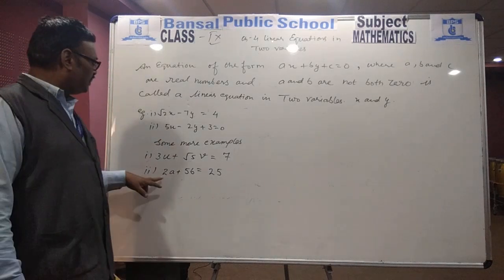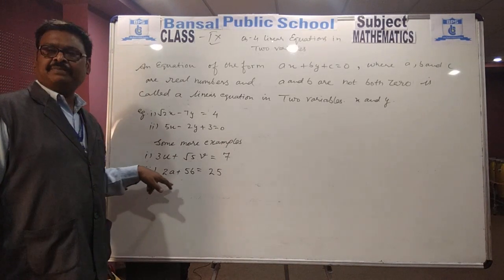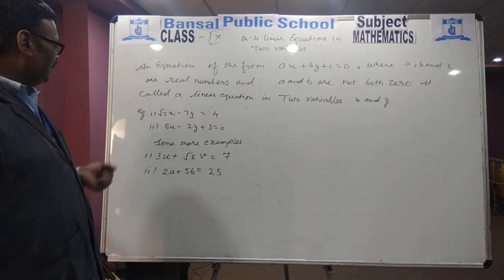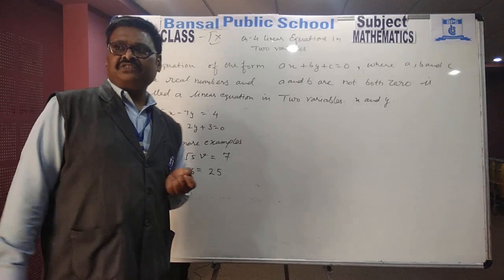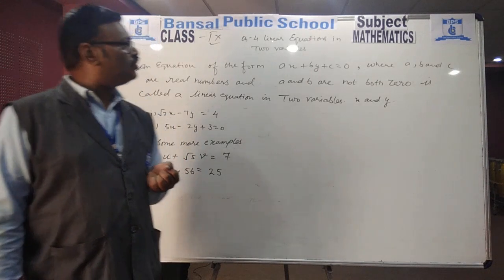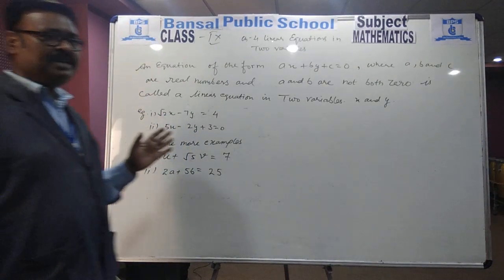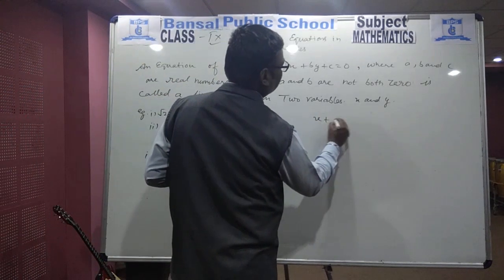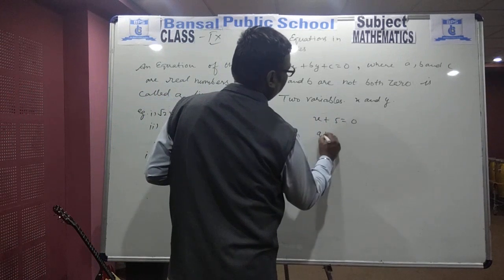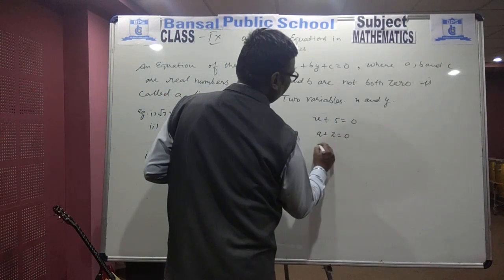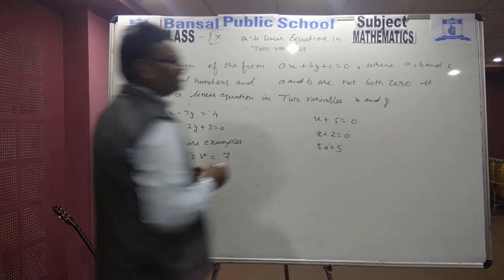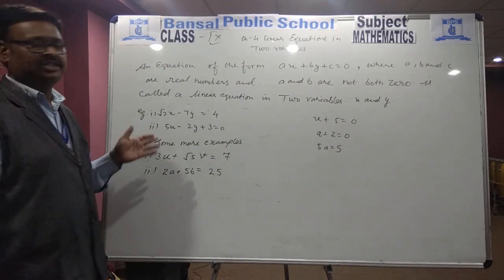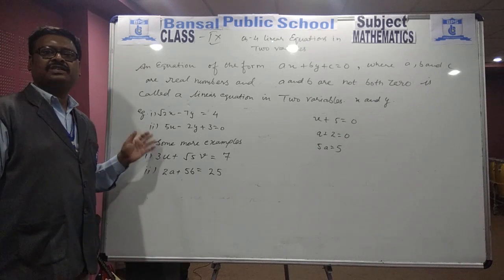Here a is one variable and b is the second variable. Now we can understand the difference between one variable and two variable equations. One variable means you will have only a single variable. Let us again recall the examples. These are all examples of one variable, and these are examples of two variable equations that we are going to learn in this chapter.